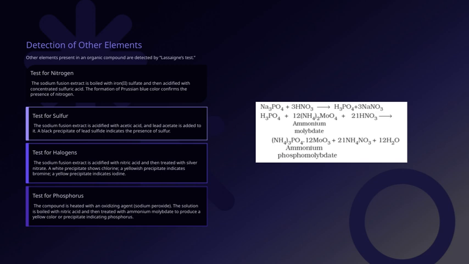Finally, for other elements that might be present in an organic compound, we use what's called Lassaigne's test. It's a general test that helps us detect various elements beyond the main ones we've discussed. These tests are crucial because they help us identify the elements present in organic compounds, which is essential for understanding